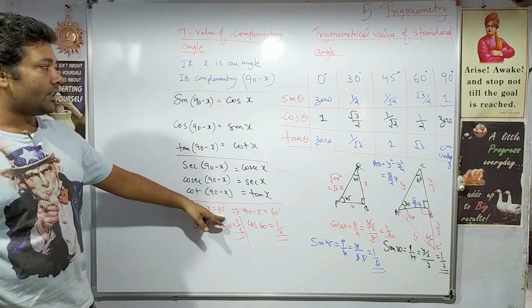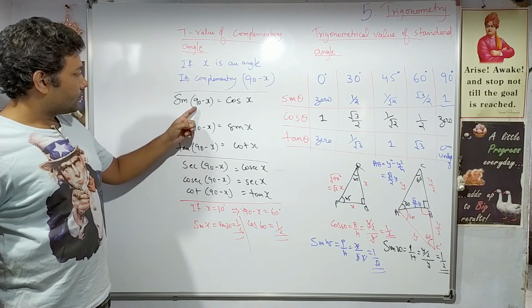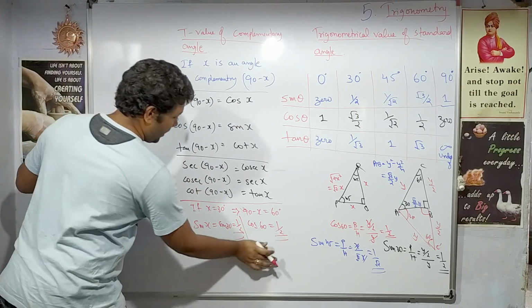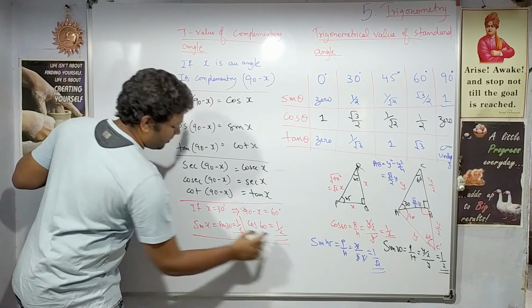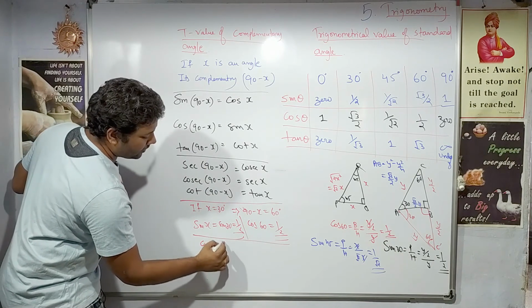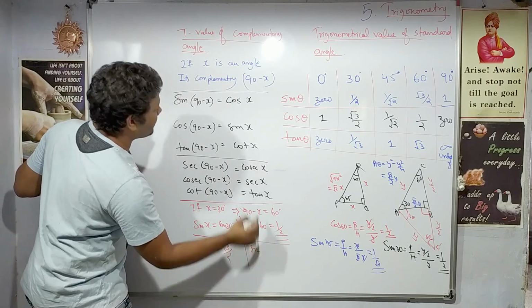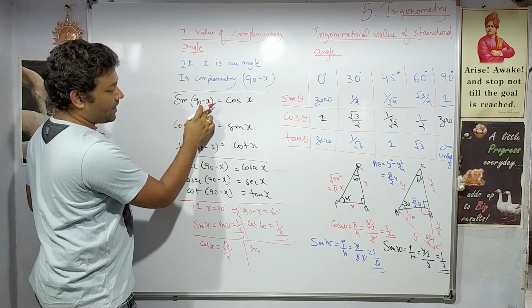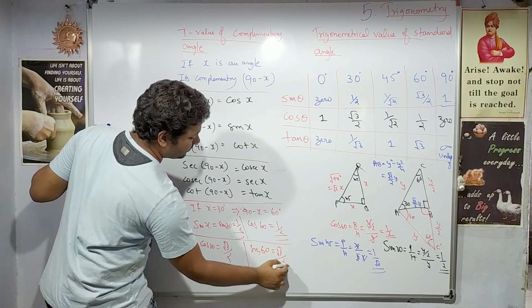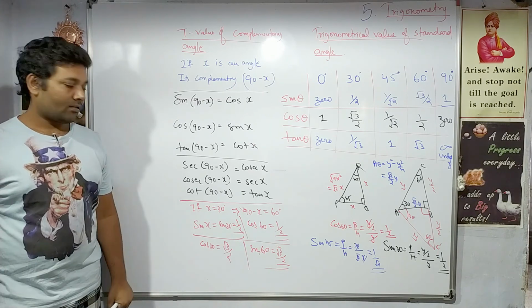So we took x as 30, and if we simplify both these equations, any way you can take, even the other way around, you can prove this. How? Let us take cos 30. What is the value of cos 30? Cos 30 is root 3 by 2. See the table. And what is the value of sin 60? Sin 90 minus x, where 90 minus x is 30, gives 60. So the value of sin 60 is root 3 by 2. Again the same. So that is the magic of complementary angles. That is how it works.